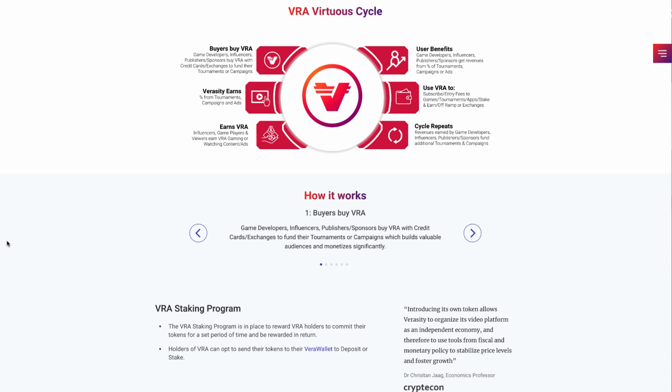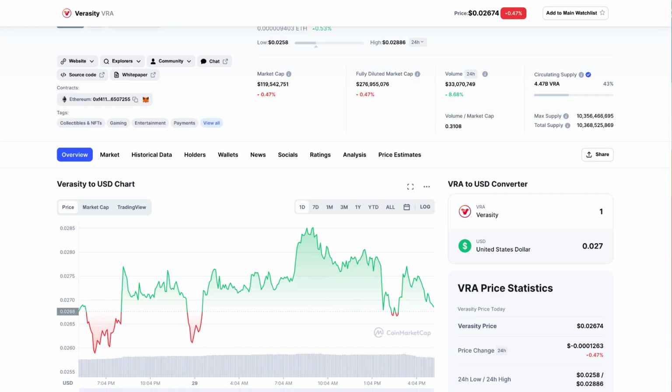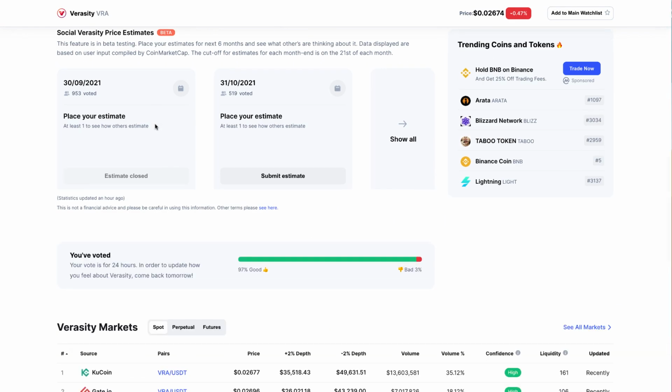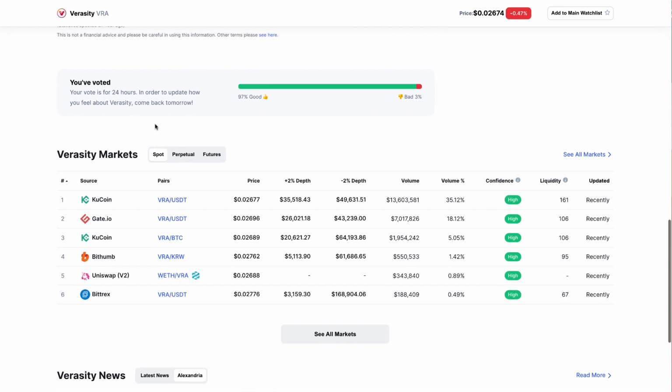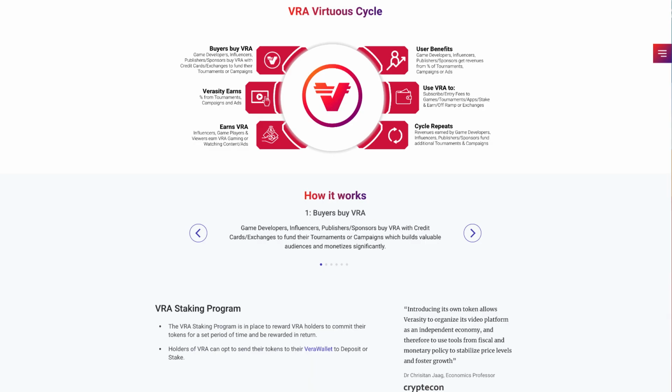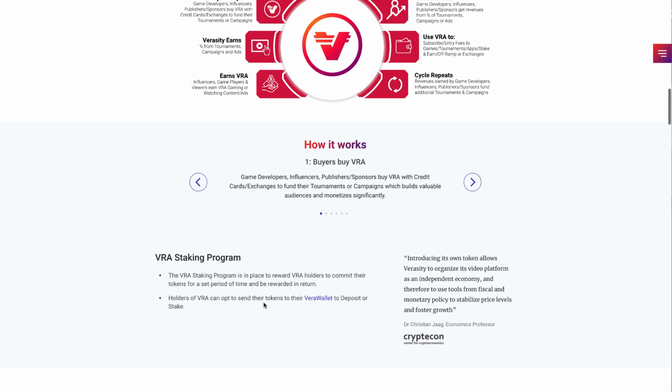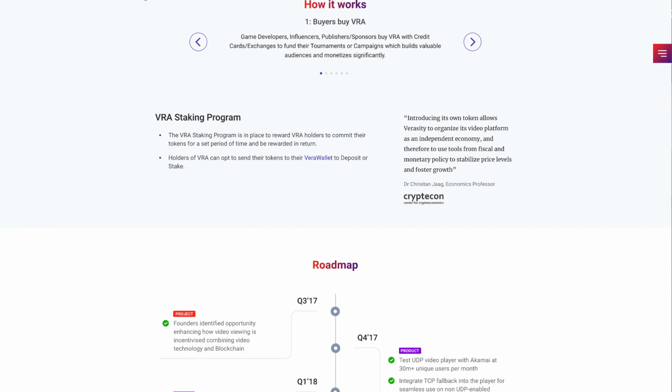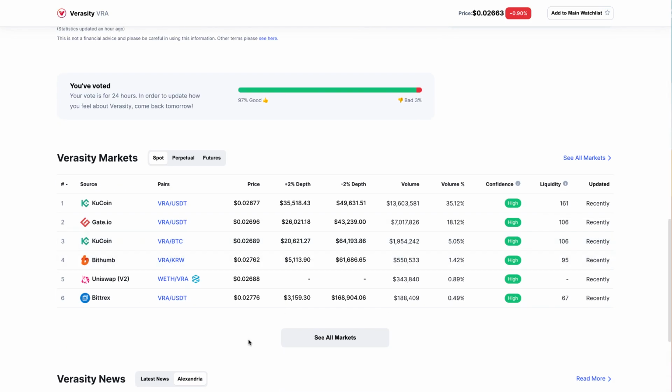What is the VRA coin and where can I purchase it? Users can earn Verasity's native token through watching the TV platform's videos, participating in esports tournaments, or just purchase it through the VRA wallet. The VRA wallet allows you to stake VRA for 25.55% per year, which is a fairly high yield percentage compared to other platforms. Exchanges including KuCoin, Gate.io, and MXC allow you to purchase crypto.